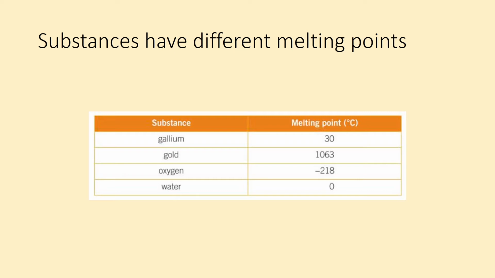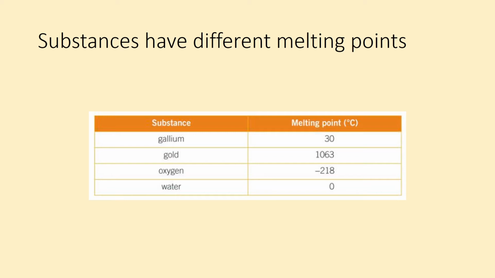Its melting point is 1063 degrees C. So you have to heat that up a lot in order to make it melt. So both of those things, gallium and gold, are solids at room temperature. You know that because room temperature is 21 degrees C, about the temperature of the room you're in now. So if the room temperature is lower than the melting point, then that means that substance must be a